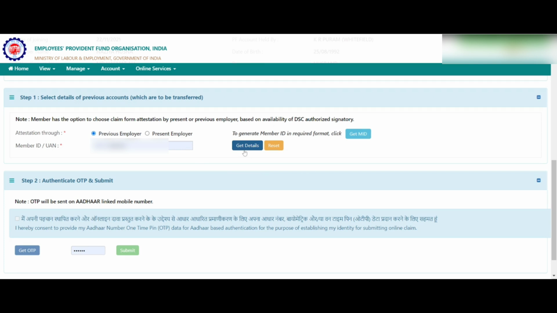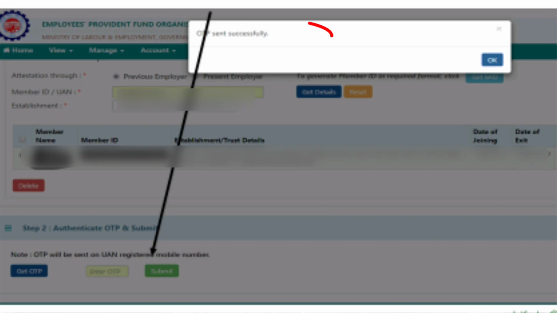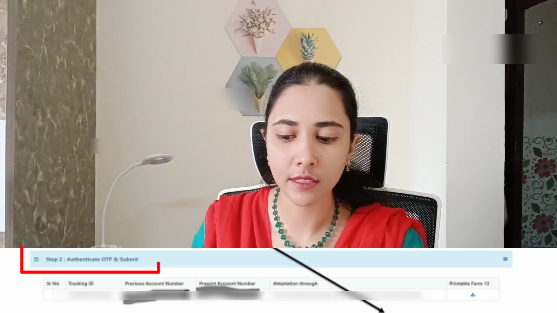Okay, so you have to make sure that before getting the OTP, your mobile number is registered there. Then only you will get the OTP. See, once you generate the OTP, what will happen is, after completing the process, in step 2 only, you